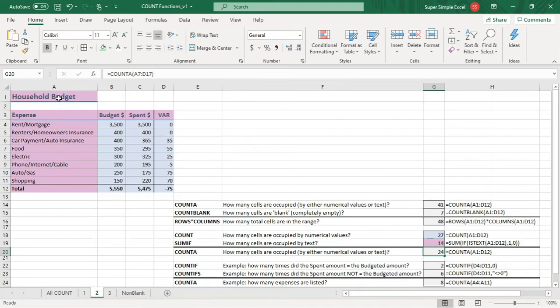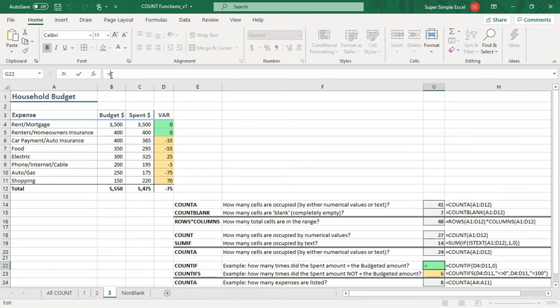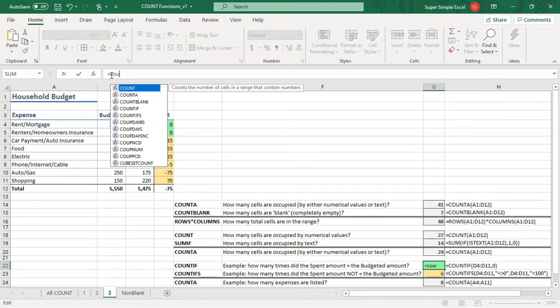If you want to have Excel only count cells that meet certain criteria set by you, you could do something like this. To count how many times the spent amount was exactly equal to the budgeted amount, let's count how many times the value in the variance column is 0. To do this, click in the formula bar, type equal sign, COUNTIF with no space between words,